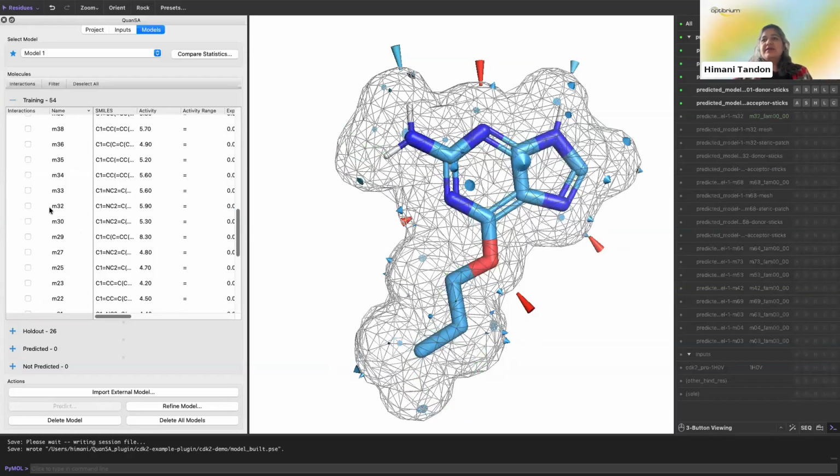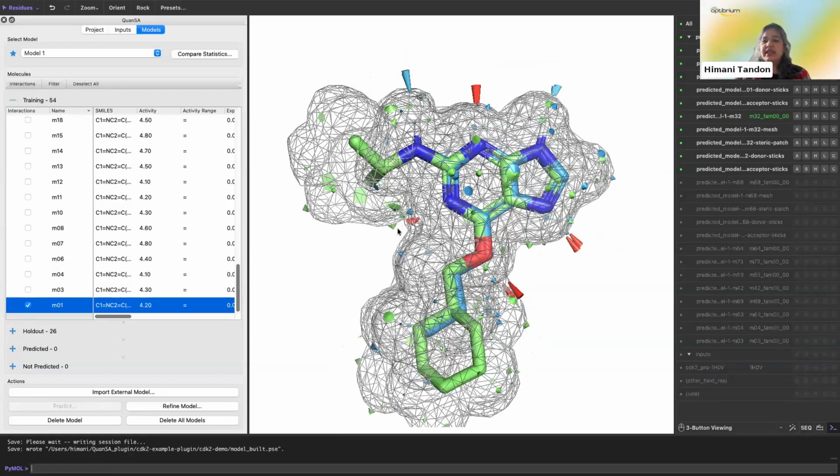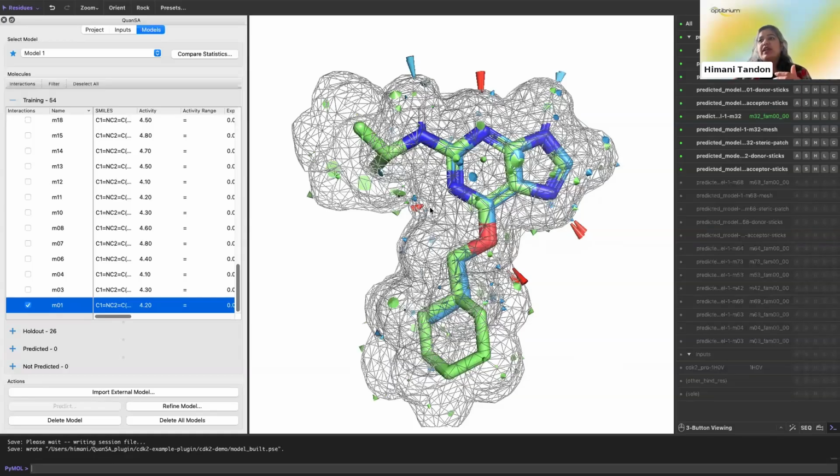This is the best thing about QuanSA that I personally really appreciate and find really useful when building affinity models: I'm able to visualize what interactions this ligand is making, or has learned to make, with the induced pocket field from the set of training ligands.